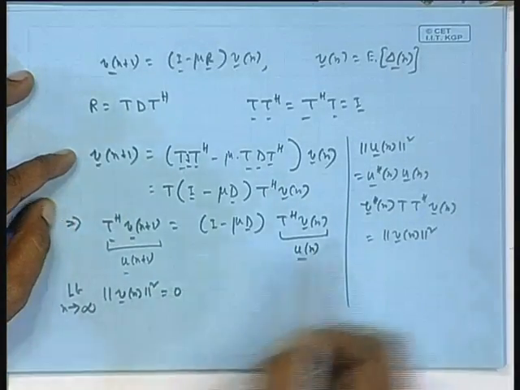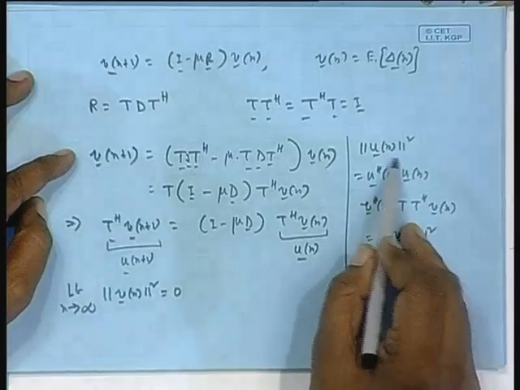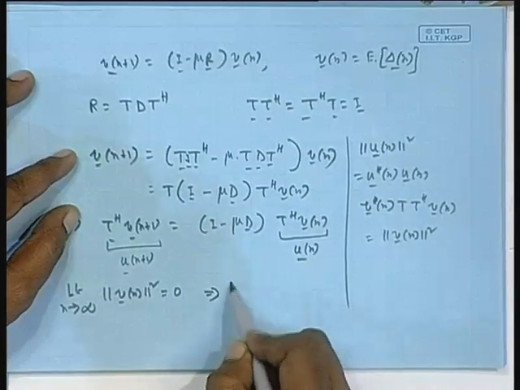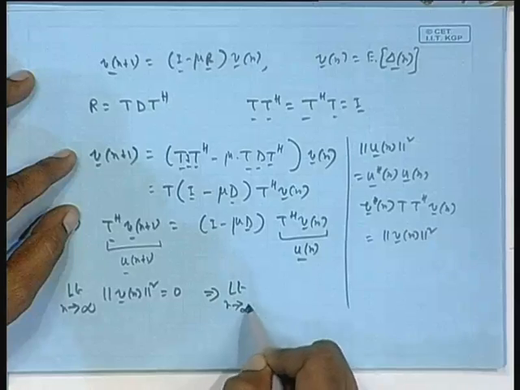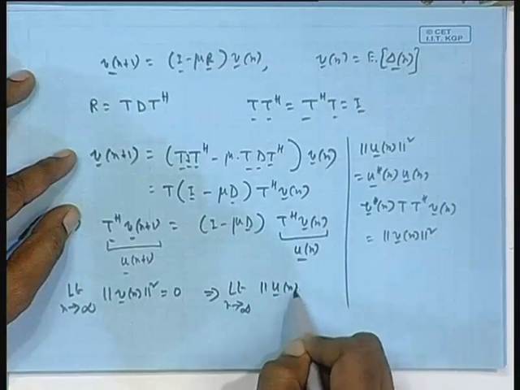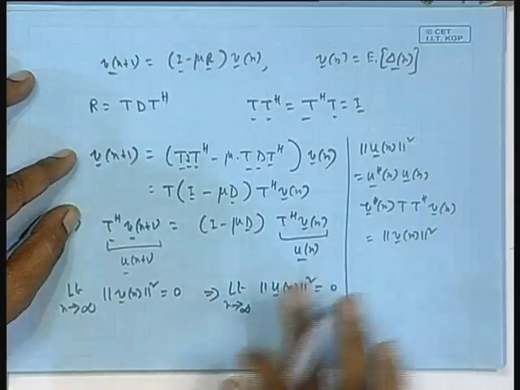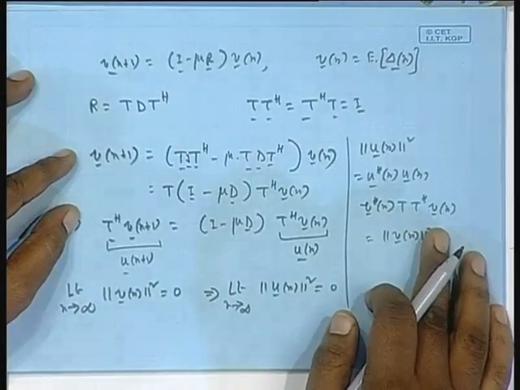But you remember, I told you just now, norm square of V n is the same as norm square of U n. So, it is equivalent to proving the limit as n tends to infinity. If I can prove this, I prove that also, because both norms are the same, I have just now proved, isn't it? So, now let us look at this equation.